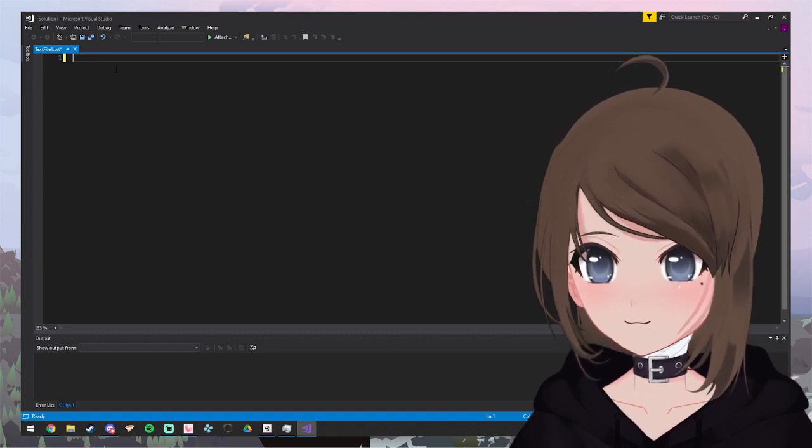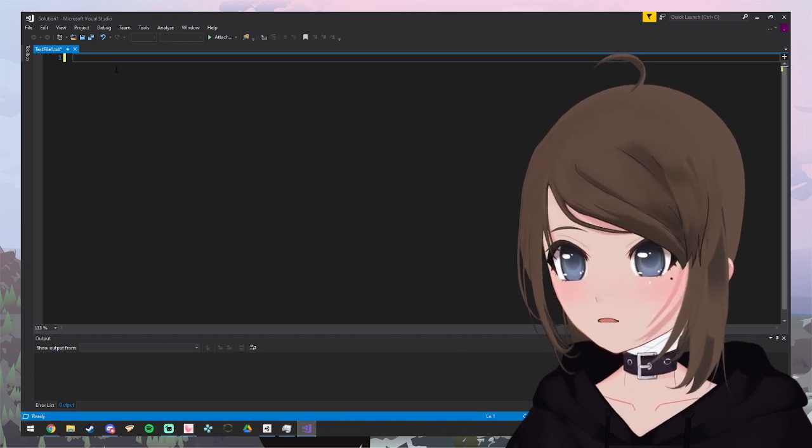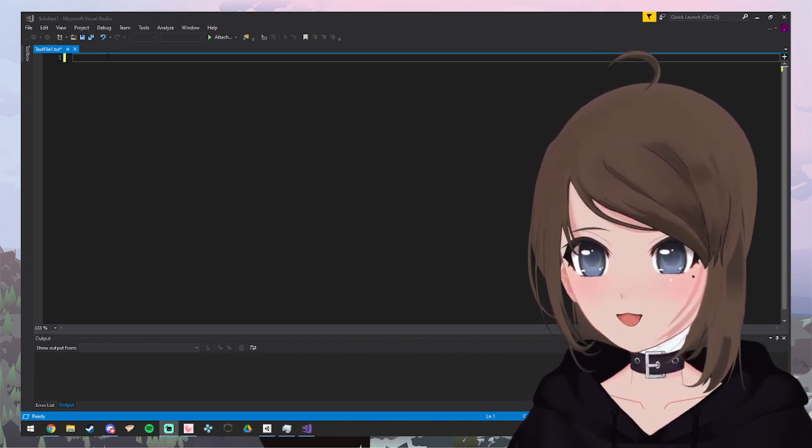Yeah, I want to learn Unity because I have a game I've been making and I want to make it do a thing. I want to make it work. Okay, text file 1.